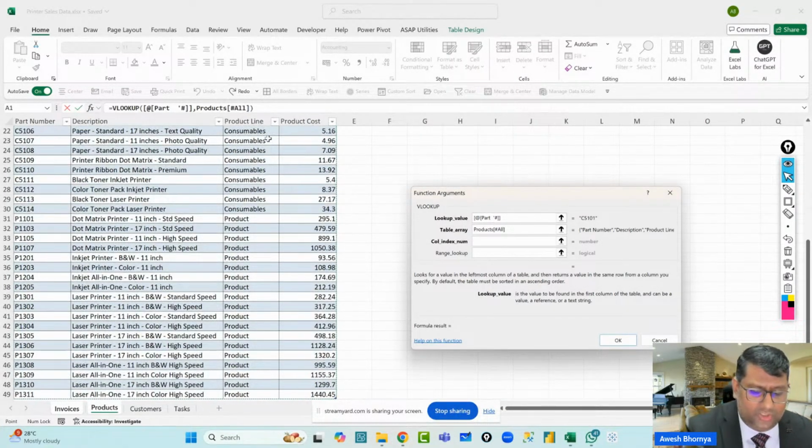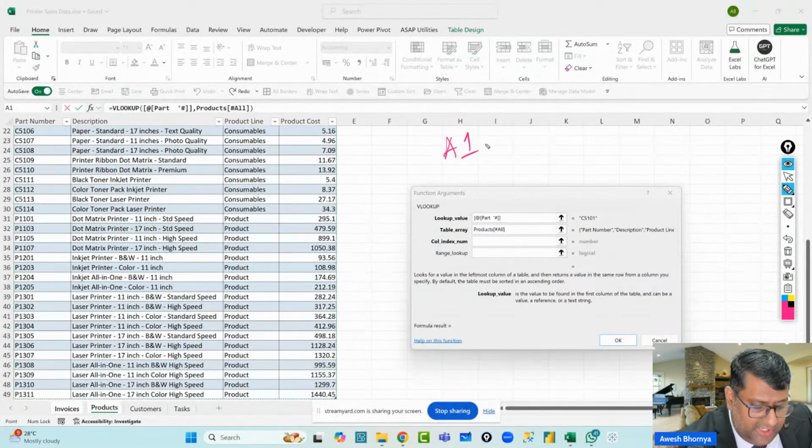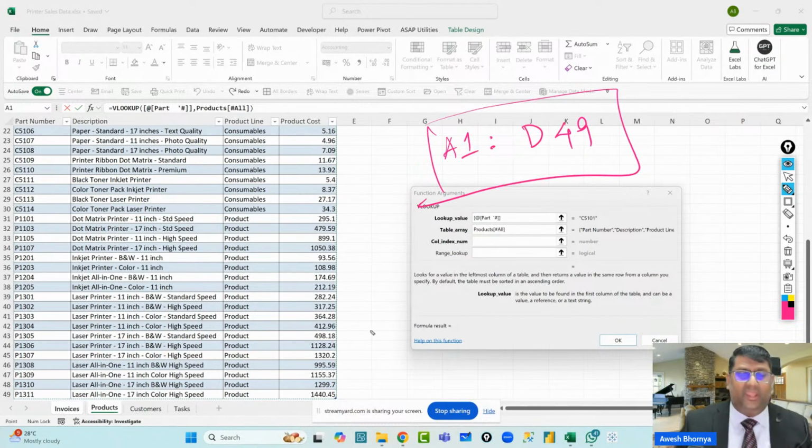Now, when you do that, you will see that ideally in Excel, when you select a range of values, it should pick up, let's say, for example, A1 and then colon, maybe let's say D49. So this indicates that this is a range of data that we've picked up. I'm not working with the range format. Hence, I'm not going to be getting a range over here.